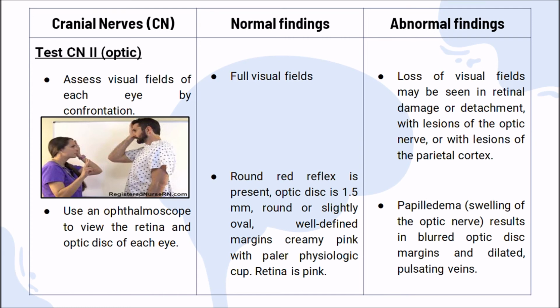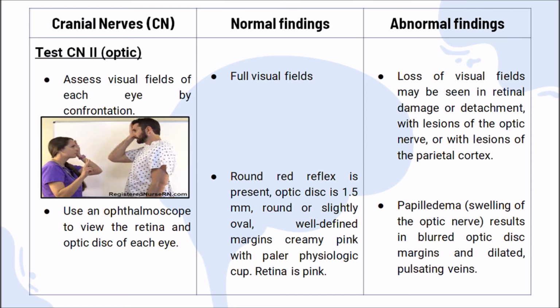Fourth, use an ophthalmoscope to view the retina and optic disc of each eye. Normal findings: round red reflex is present. Optic disc is 1.5 mm, round or slightly oval, with well-defined margins, creamy pink with a paler physiologic cup, and the retina is pink. Abnormal findings: papilledema, or swelling of the optic nerve, results in blurred optic disc margins